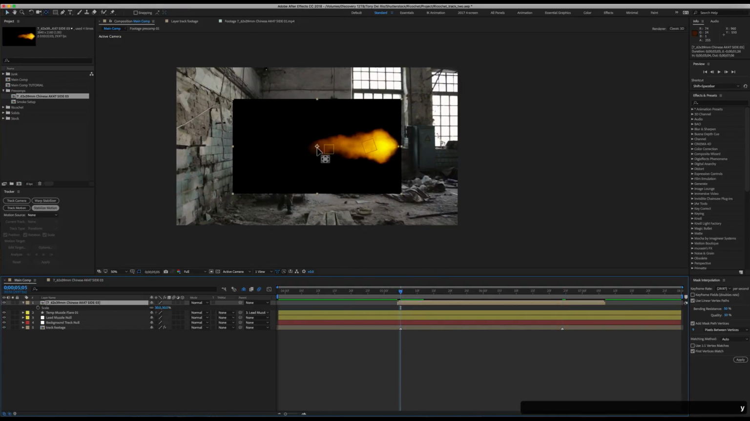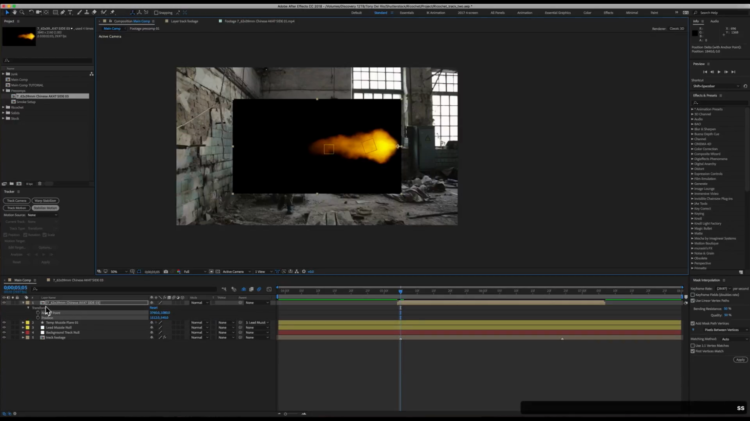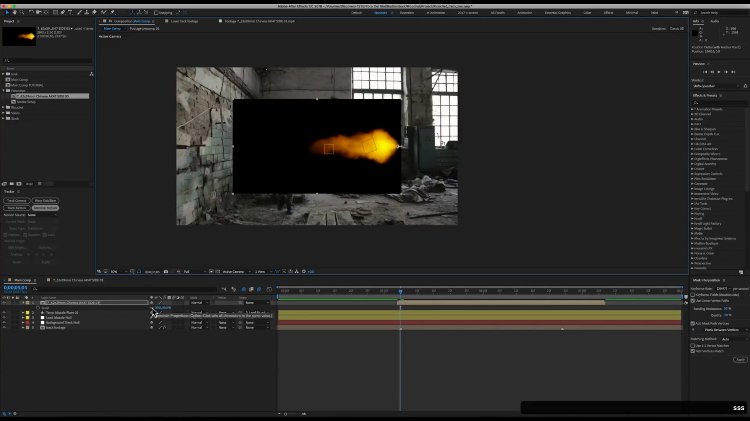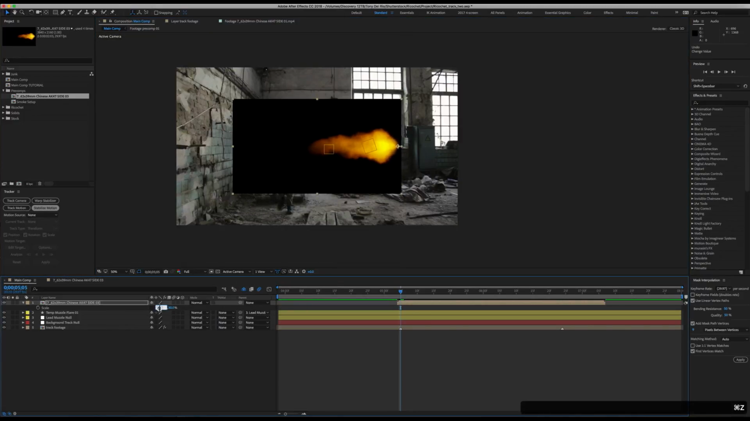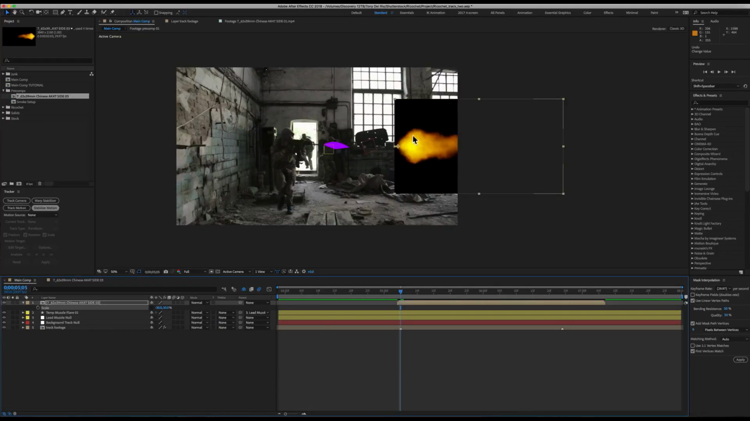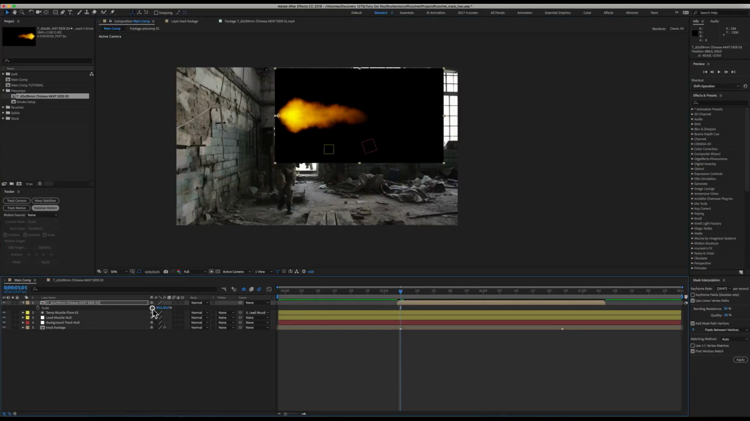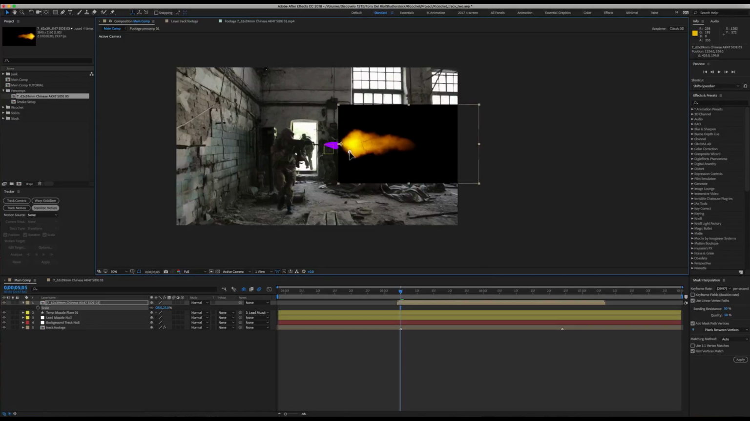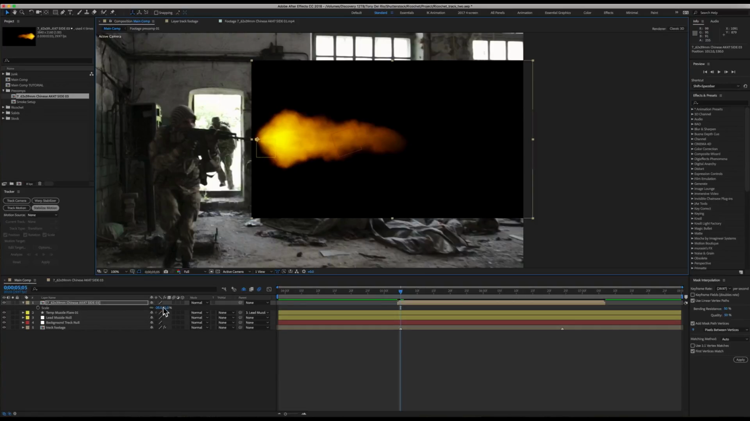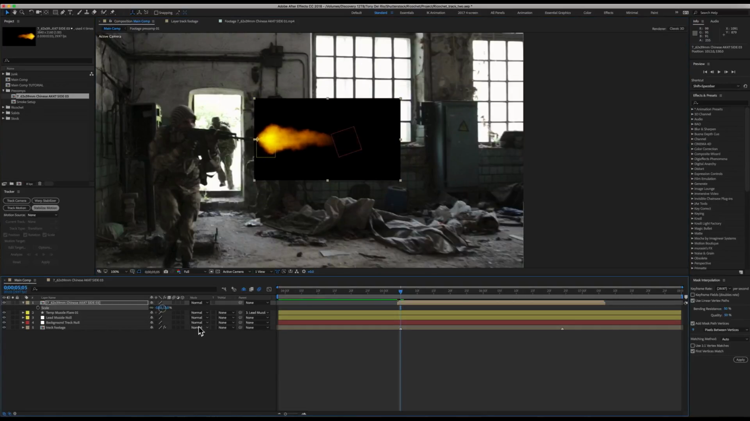Just like always, I'm going to hold Y, move my anchor point, and then let's flip this around by twirling down the scale controls. This little lock constrains proportions of the scale, so that means it scales up evenly. If I undo that lock and enter a negative integer, you'll see that my footage flips horizontally. Then I'll lock those together so I can scale the footage again. And then I'm just going to place that anchor point right about on the tip of the gun, scale it to where I think looks good, and then